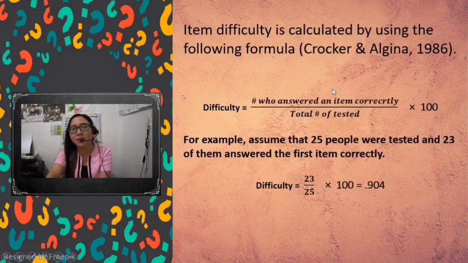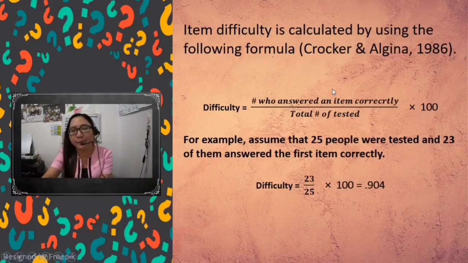From here, there is a formula. Item difficulty is calculated using the following formula: difficulty equals the number of those who answered the item correctly over the total number tested, or the number who took the examination, times 100. For example, assume that 25 people were tested and 23 of them answered the first item correctly. So the difficulty is equal to 23 over 25 times 100. The score or the average is